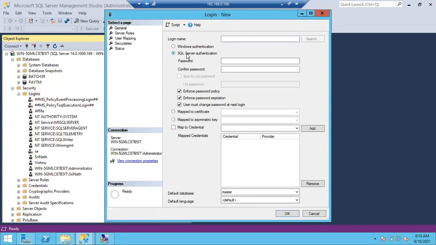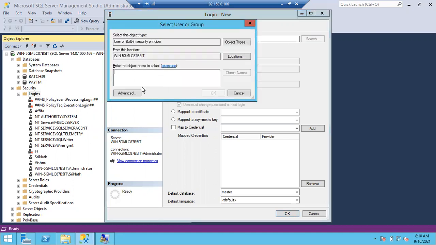Why? Because at the SQL level, we are going to give permissions dynamically, at that time. So if it is a group login, choose Windows login, search, and type the group name here. Once you type the group name, if that group exists at the Windows level, you can get that group here. If the group does not exist at the Windows level, you will get an error like the group is not found. So the Windows team has to create a group for them, and once they have created it, then we can create a login for them.